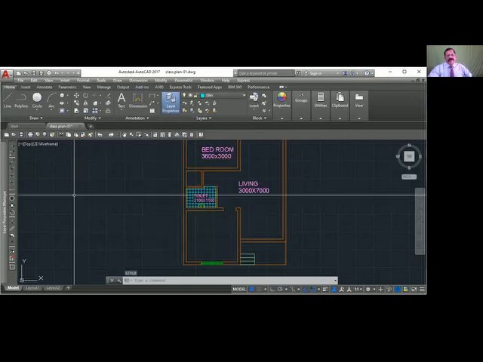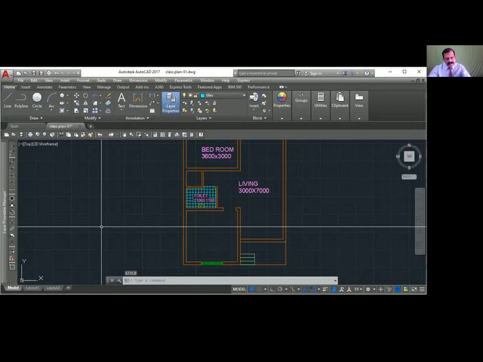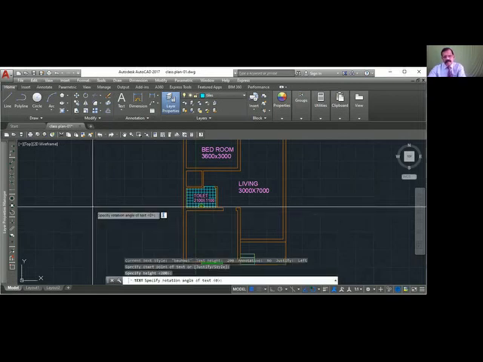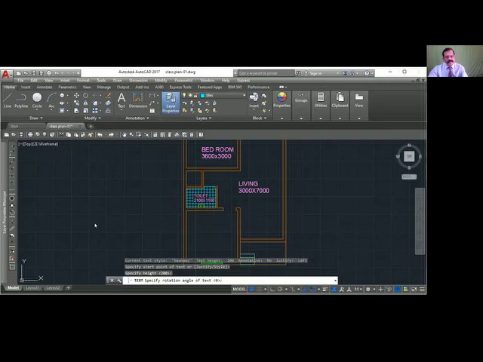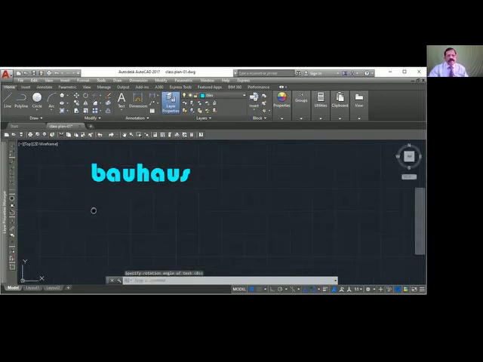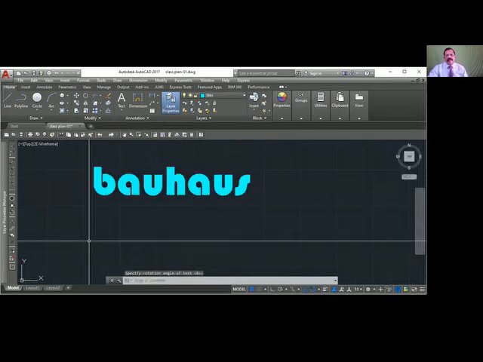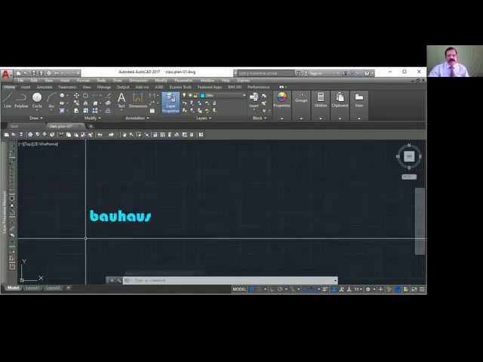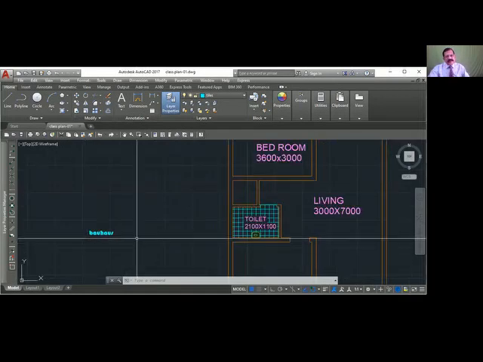Now whatever you type, that style comes. Text, BAUHAUS. See? So that's how you create the style.